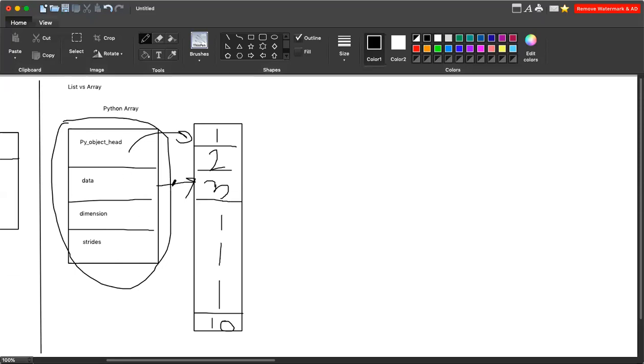Now if you see here, all these numbers are stored in a consecutive block of memory, and since it is only integer type, I can store it in this way, and only one reference will be created from the data. Now let's see, if the same array of numbers or consecutive values, if I store them in the case of list, then what will happen. So in the case of list,